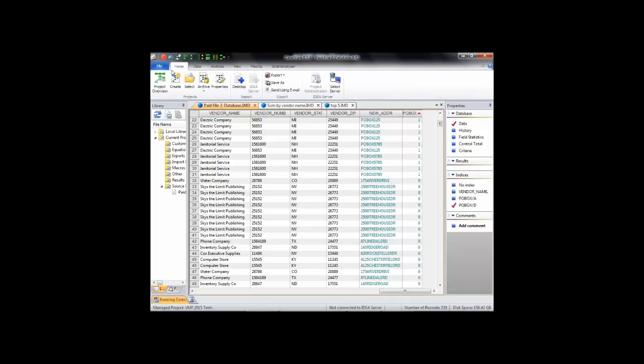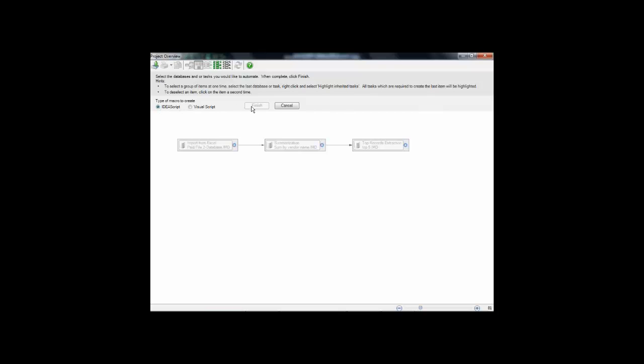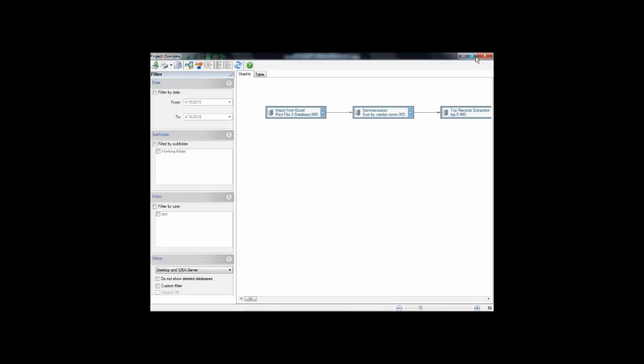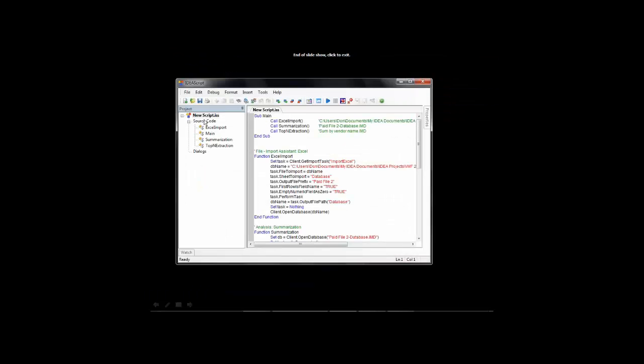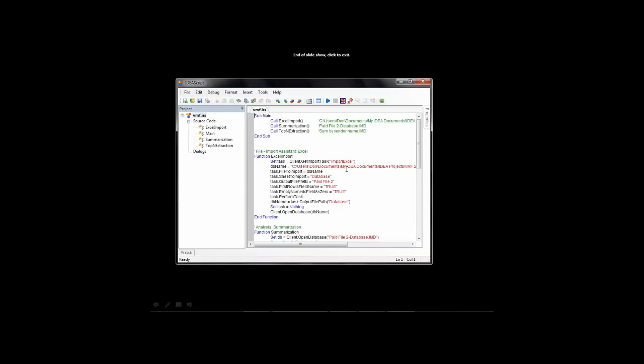To make it repeatable, I'm just going to do this real quick. I pull up the project overview, which is a graphical display audit trail. I pull up the script creator. I pick the test that I want to repeat. I hit finish. It tells me when I close that it's going to create the script. So I'll file that, save it as a source file. Just call it vendor master file. Hit save. So there's the script. It's saved,